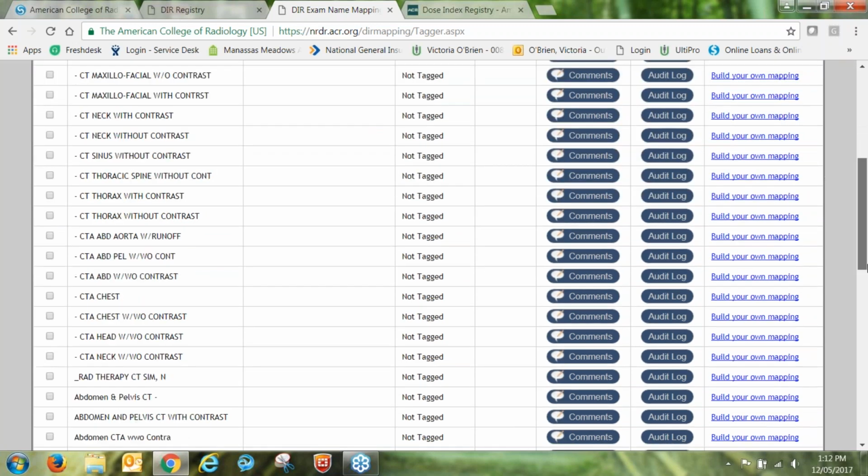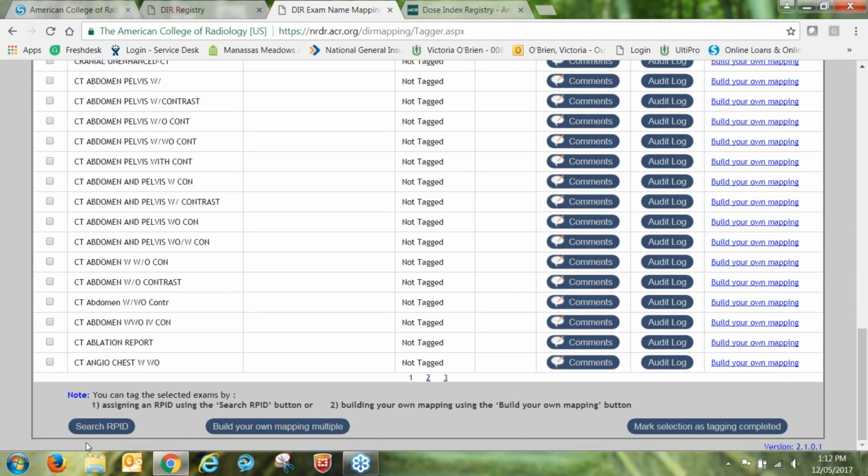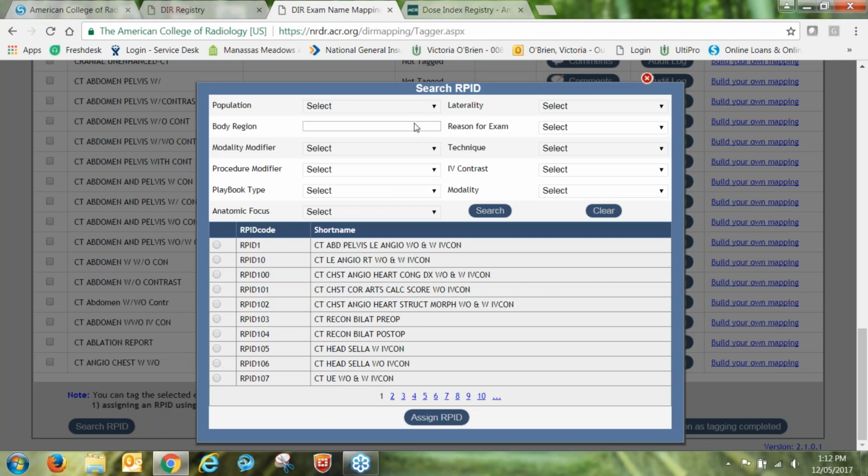Scroll to the very bottom and there are 3 blue buttons. The one on the left says Search RPID. That's what we want to do. We don't want to take a look at either of these right at the moment, but we will later. First off, though, we want to search for an RPID that's already in the database. The top half of the box helps to refine our search options. And you'll see there are many predicate and value options available here to choose from in order to refine your search. In the lower half of the box are the top 10 suggested